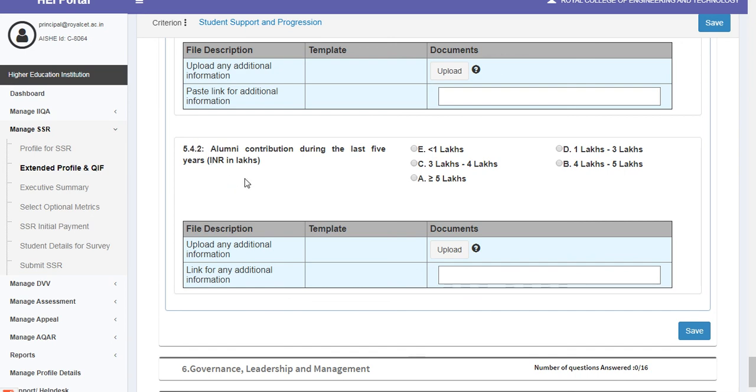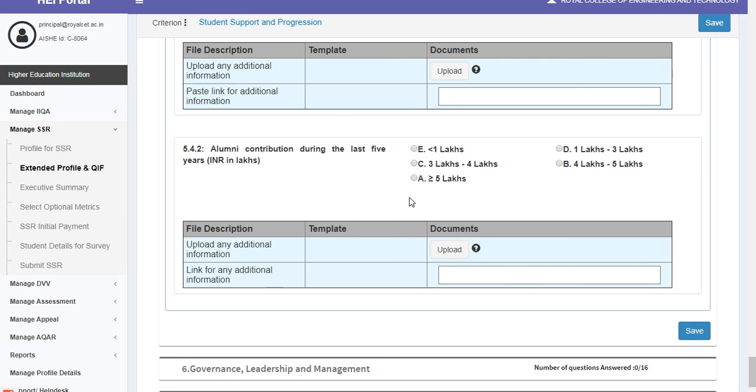Next, we have metric 5.4.2, the last metric of this criteria, which is alumni contribution during the last 5 years INR in lakhs. This is a multiple choice metric, so you have to choose from one of the 5 choices, which is A, greater than or equal to 5 lakhs, B, 4 lakhs to 5 lakhs, C, 3 lakhs to 4 lakhs, D, 1 lakh to 3 lakhs, E, less than 1 lakh.